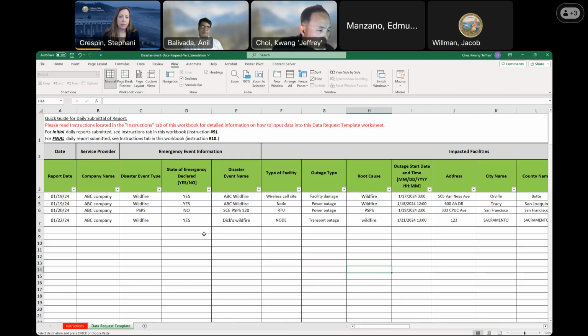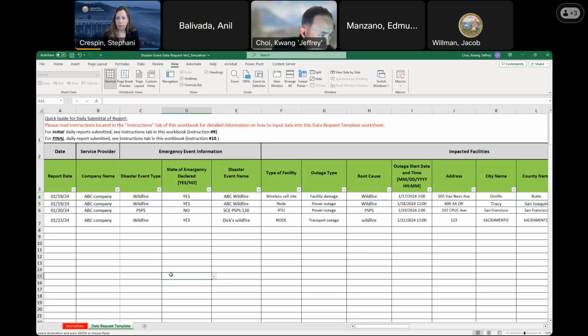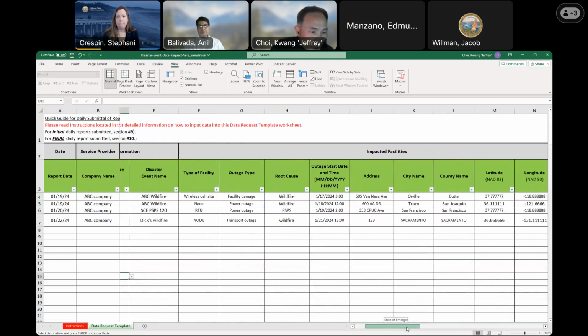When you realize there are two facilities on the first date, you can put the facility and the information required here, and you might know the outage start date and time here.